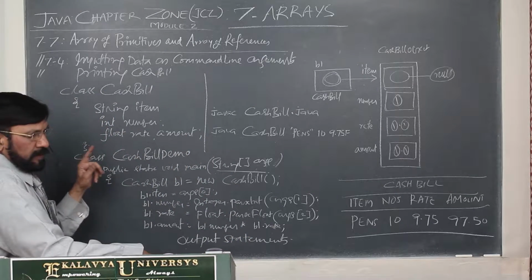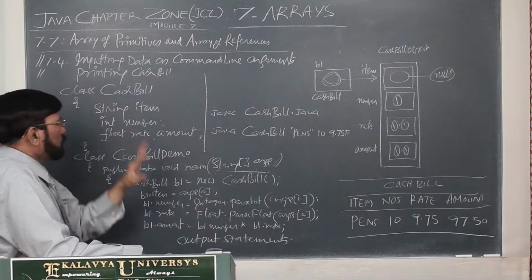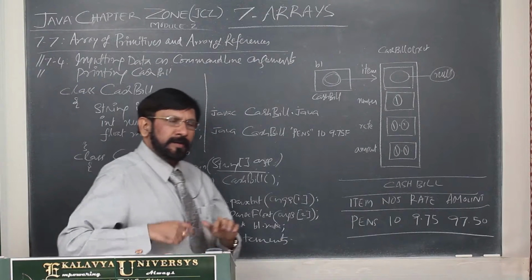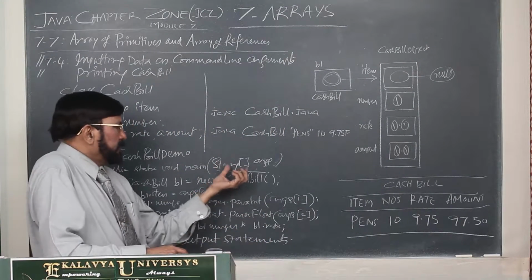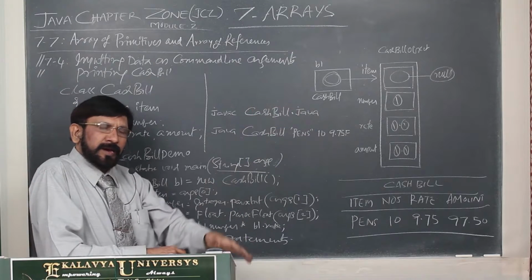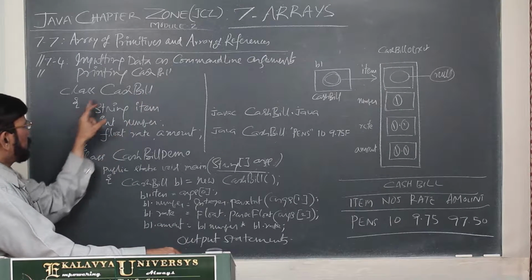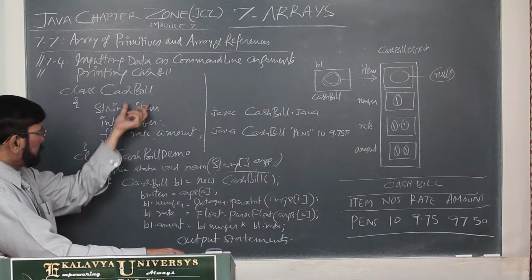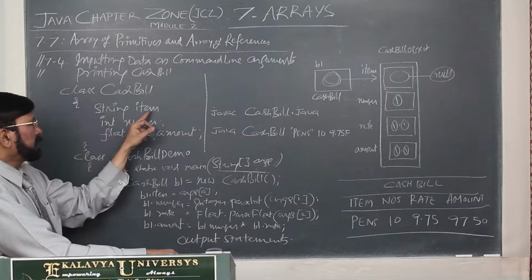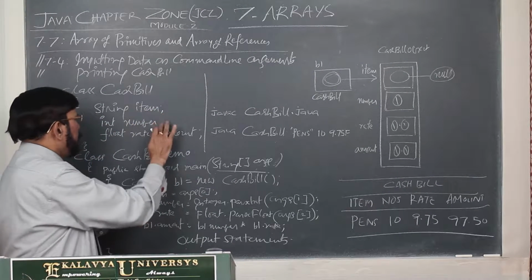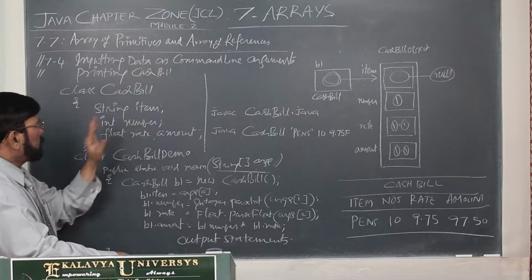The same program, there it is 1.5 program, and here it is 7.4 program. The same program I am giving, and if you have any doubt over that, it is 100% clarified here, because already you learned what is array of references. Okay, now you see this is the program, a simple program like a C structure. I have defined only instance variables, but no functions. Cash bill, string item, thereafter int number, float rate, and amount. Actually, 4 variables I have defined.